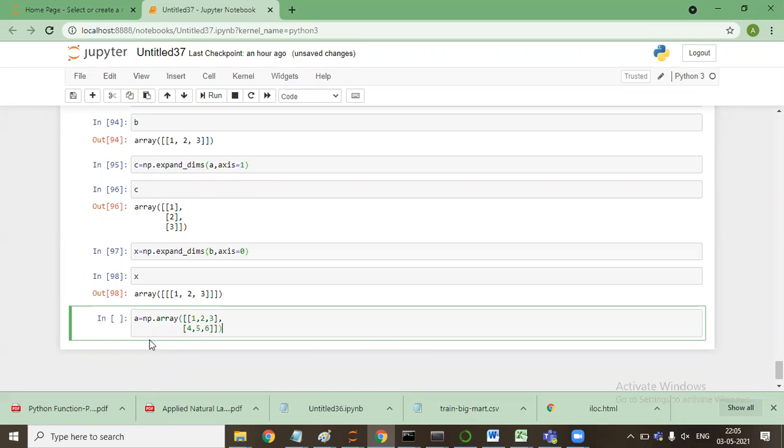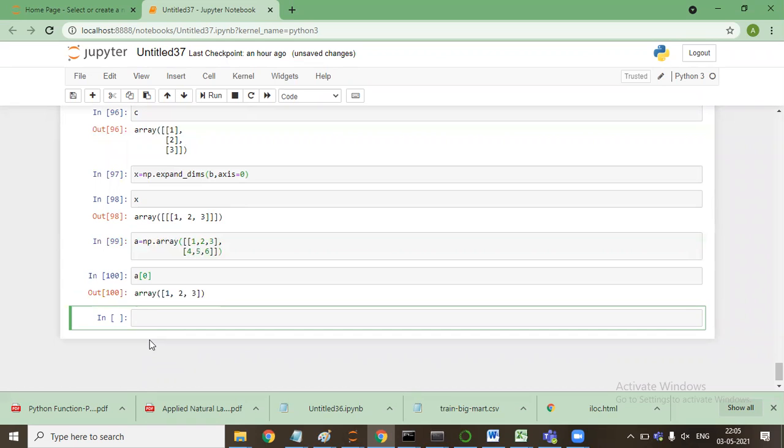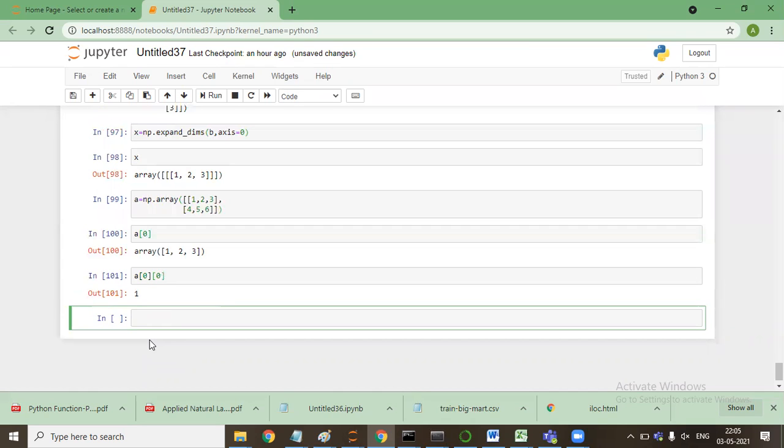I already mentioned to you, A[0] will be the entire 0th row. If I say A[0][0], it will be the 0th element of the 0th row. Are you with me?